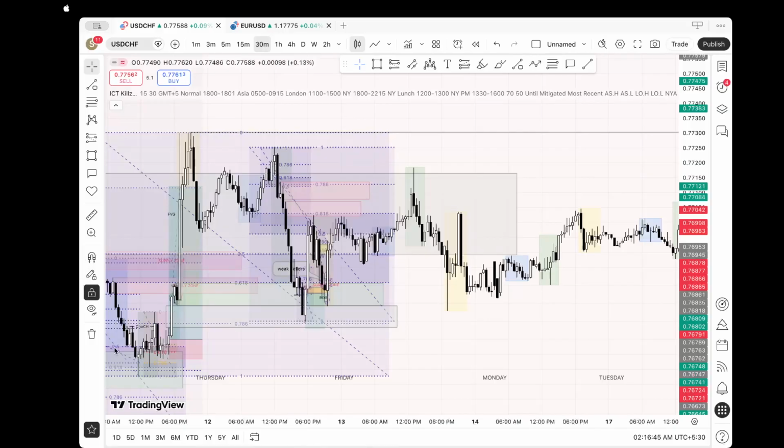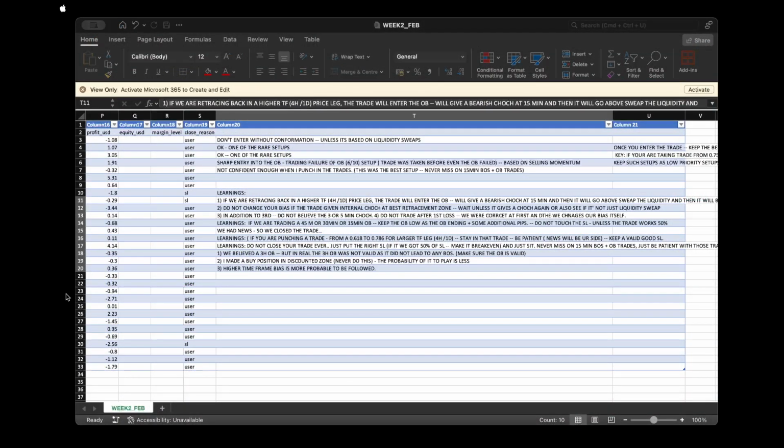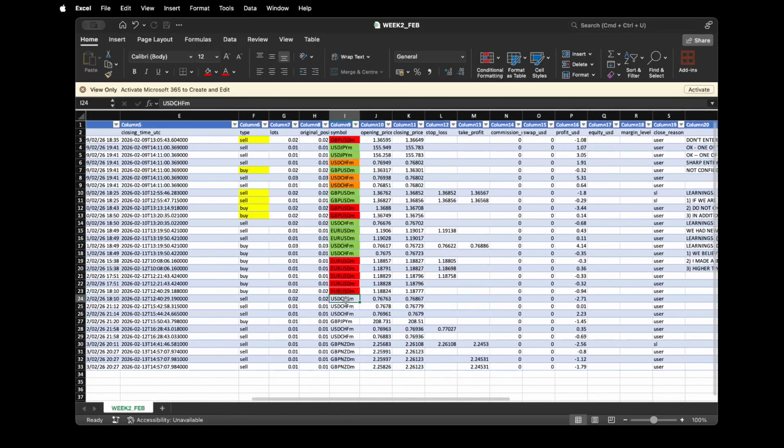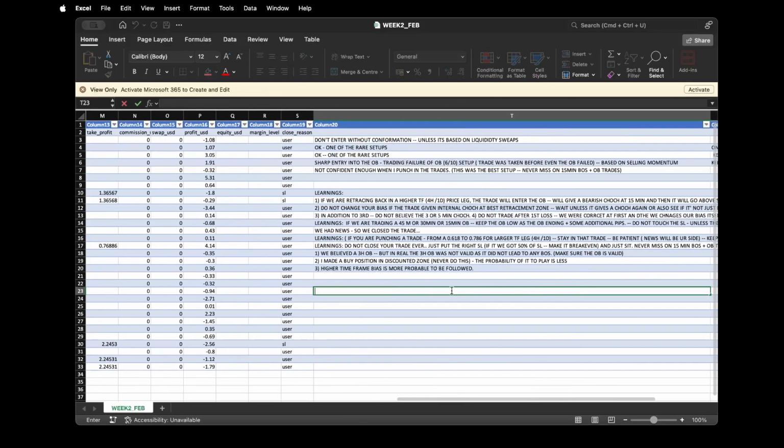Let me switch to Excel. So we took a Euro USD sell trade, right? So I will mark this as red. Why? I will tell you. We have a learning here, a very great learning, that too. So the learning here is, we had